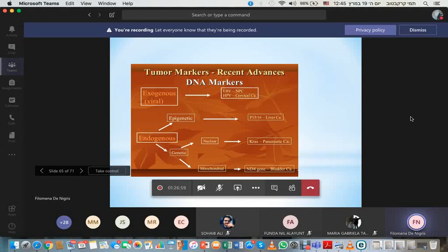So they switch on, and this cell can grow abnormally. This does not mean that they necessarily develop into cancer, but this is a very early event, and if we are able to monitor this alteration, this modification, we can have a prognosis before